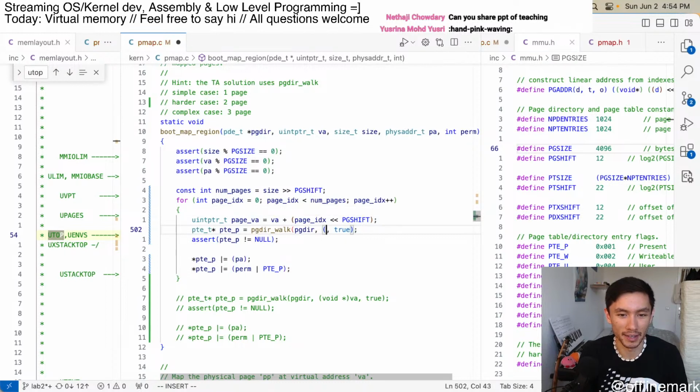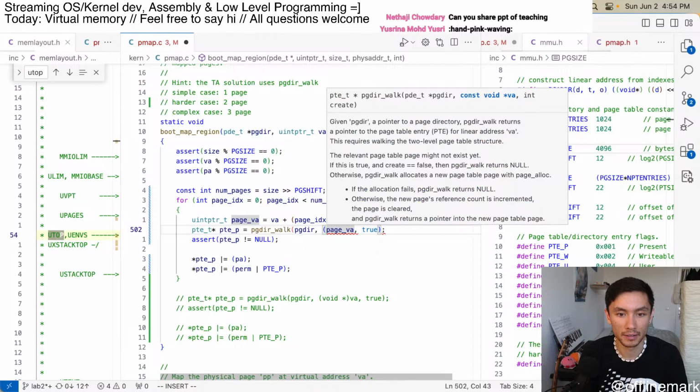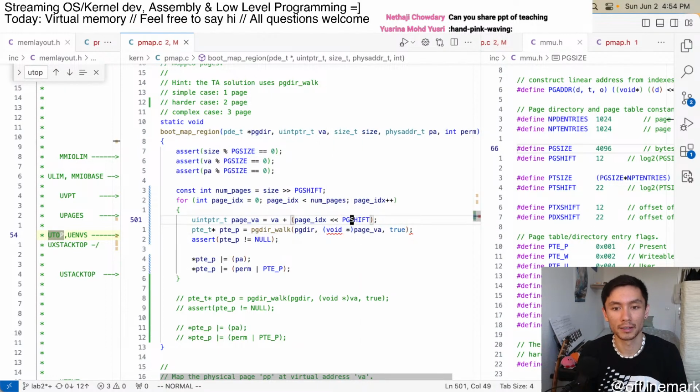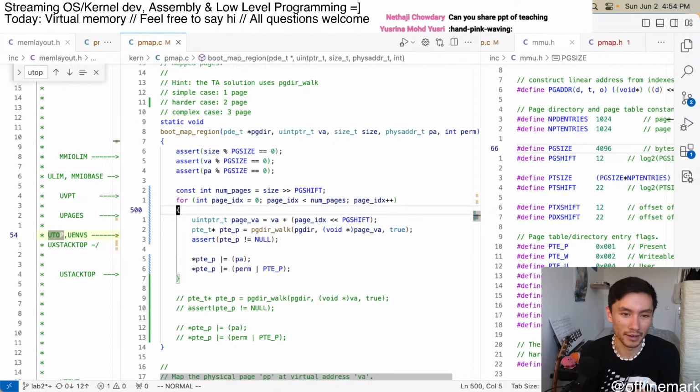I'm a little bit guessing right now, but I think it's something like that. Because the VA is more like the base virtual address, and we want to be adding, you know, for the first,